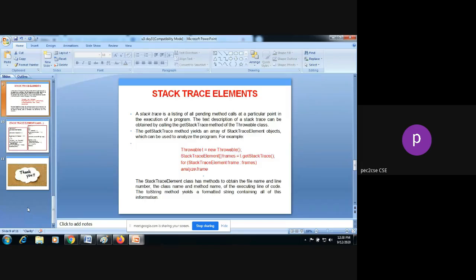And the last topic in exception handling is the stack trace element. So what is a stack trace element now? If you want to know what pending method calls are available in your program, you can go for using the stack trace element. A stack trace is a listing of all pending method calls at a particular point